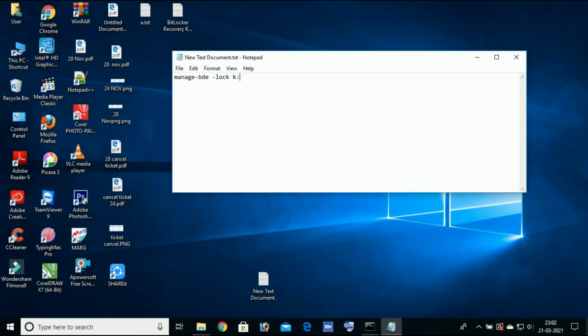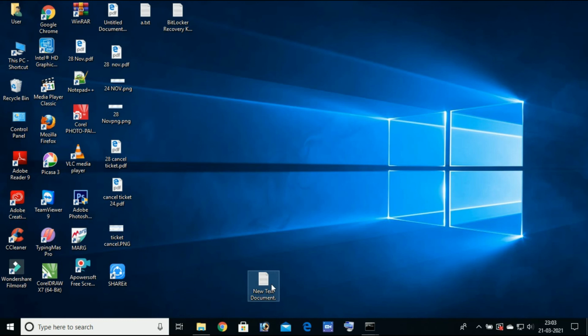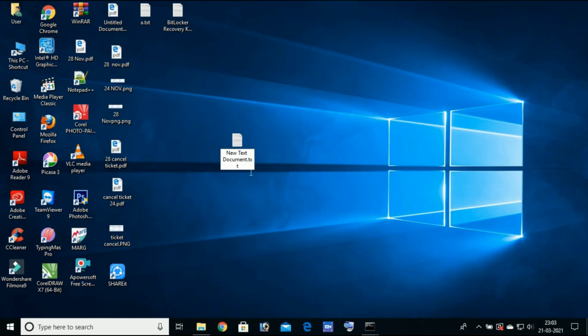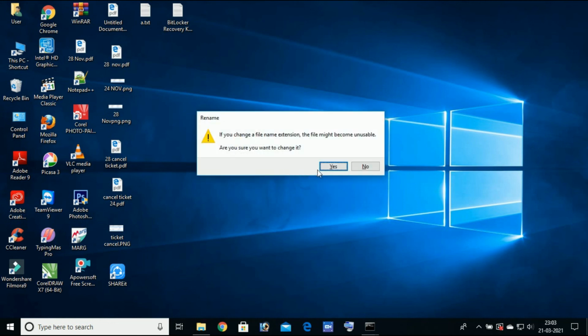Okay, you can save here, Control S. Here we change the extension of this file, rename it. Now the extension of this file is .txt, we change it to bat, enter, click on yes.